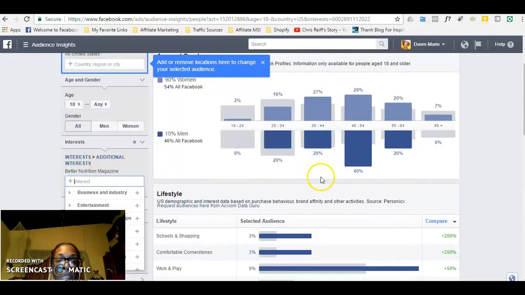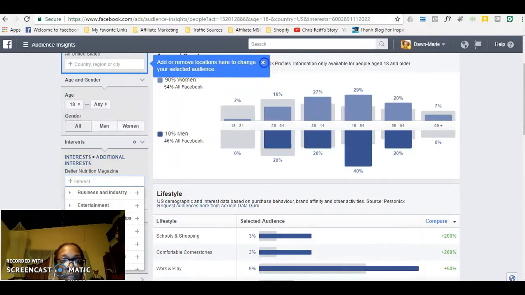You can also target men, but you can see it's a lower percentage. So you can target both men and women and see which audience performs better. So in this case, I'm going to look for anything that's over 20%. It has a 20% range in terms of whether they are particularly interested in that interest. And that would be where I'm starting to make note that audience is interested in my niche. So I'll make a note of that.